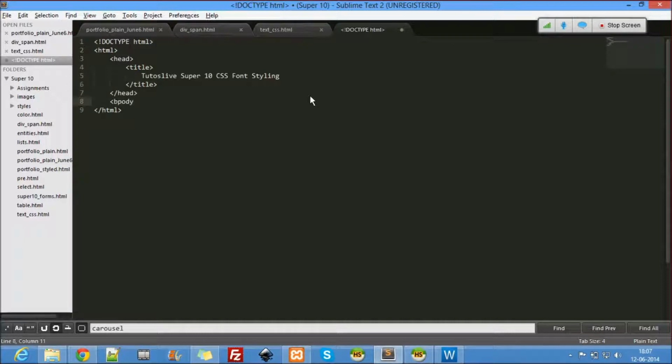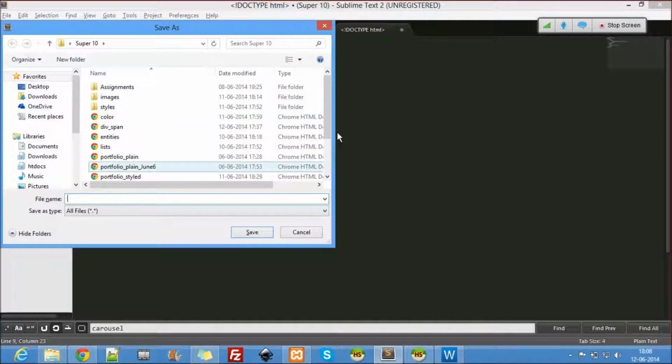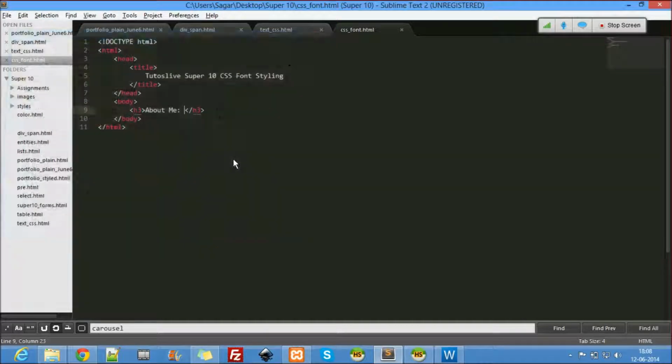Alright, here's a body. And let's write a heading here, h3. I'll say about me. Something about me. This is a heading. So here what we write is css_font.html.